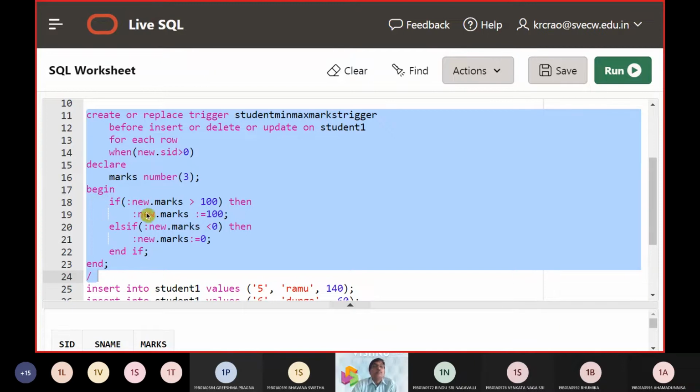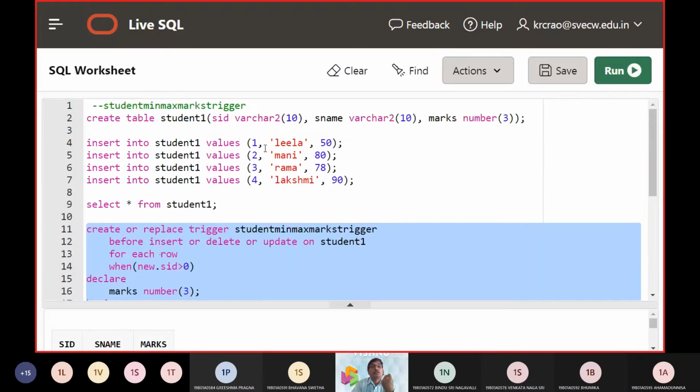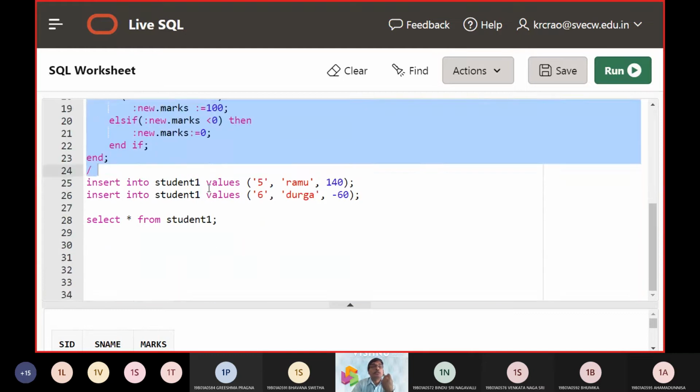Then it is updating the new marks to the old marks. If marks is greater than 100, it puts the maximum value as 100. If the marks is less than 0, then it should be 0. So obviously there is not much impact on the trigger.